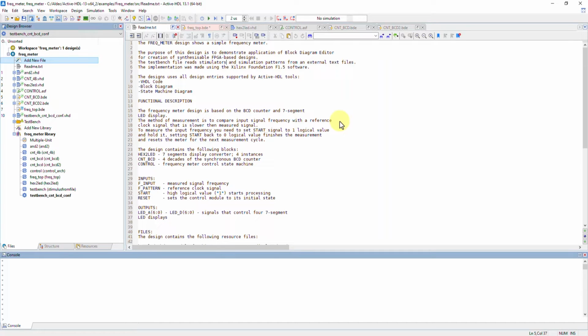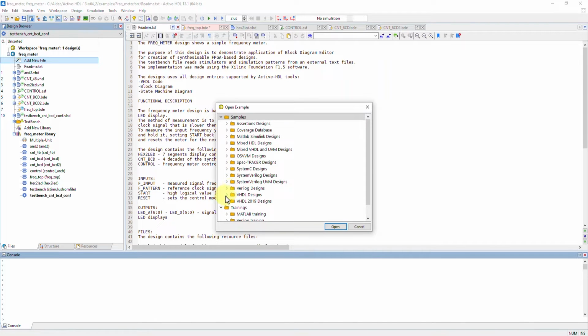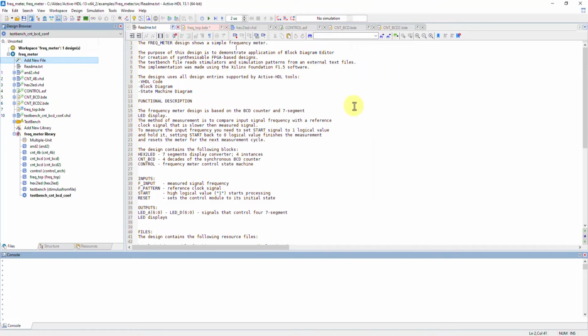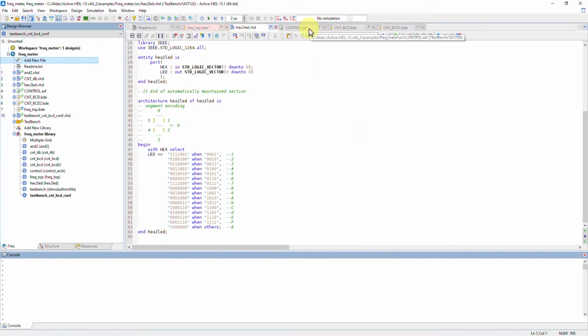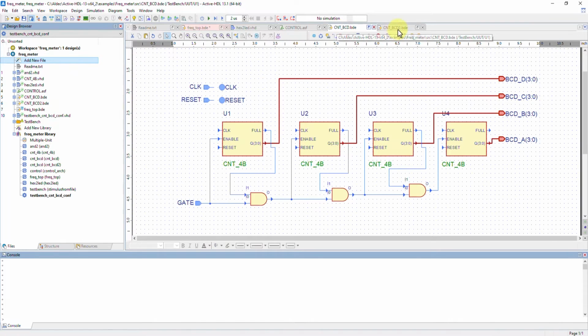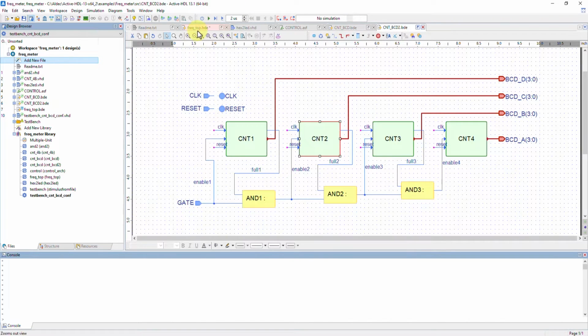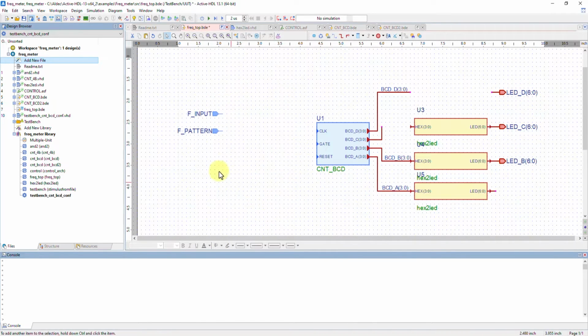So for this video, I'm going to be using the frequency meter sample design, and you can find this by going to Help, Open Example, and go to VHDL Designs. In this sample design, we already have some source files that provide behavioral descriptions of the overall design. And for this video, I've removed some components from the frequency top block diagram to demonstrate how to add those